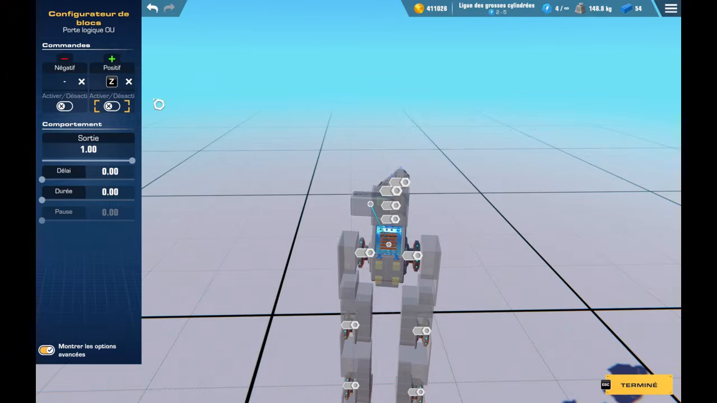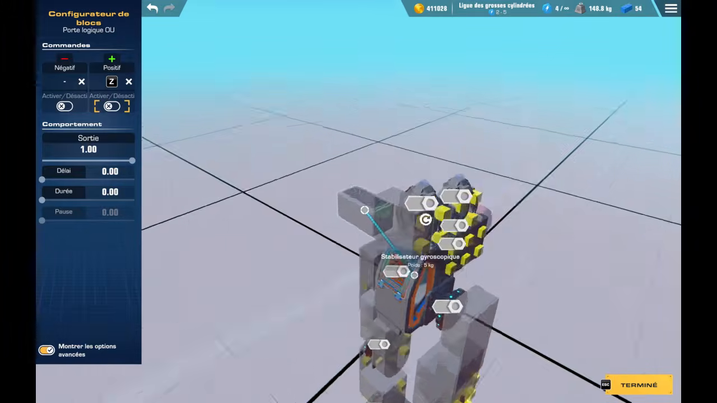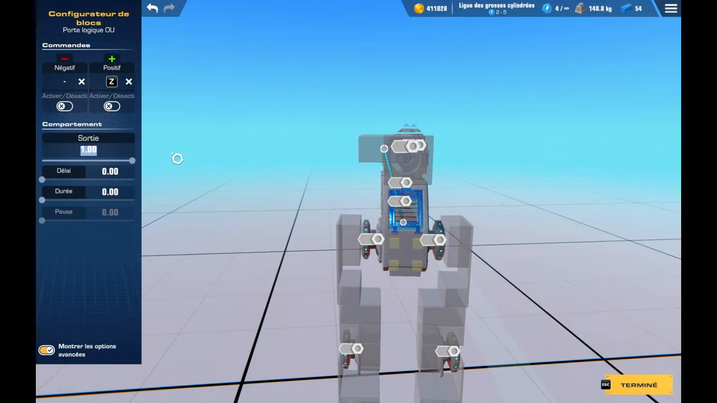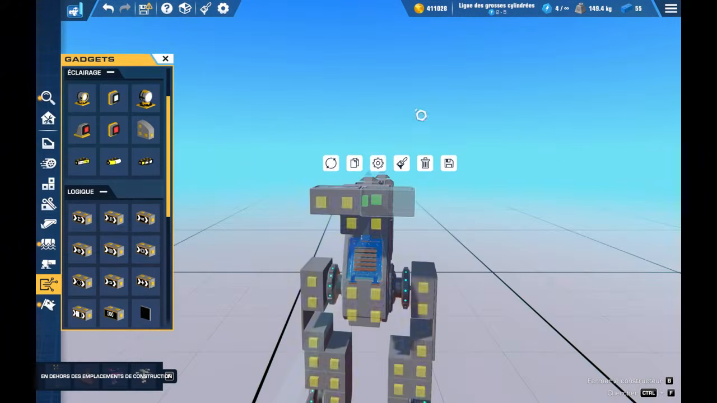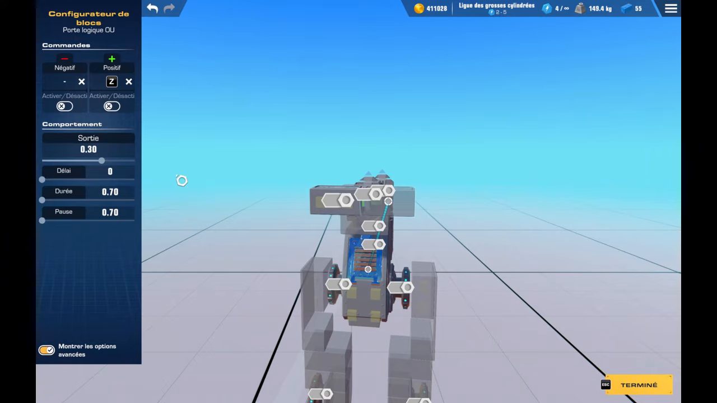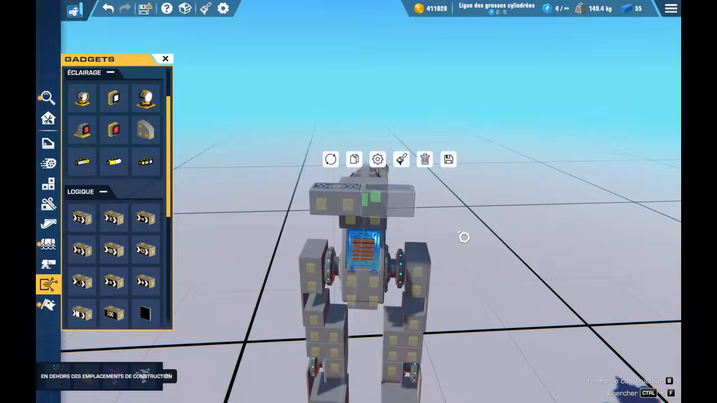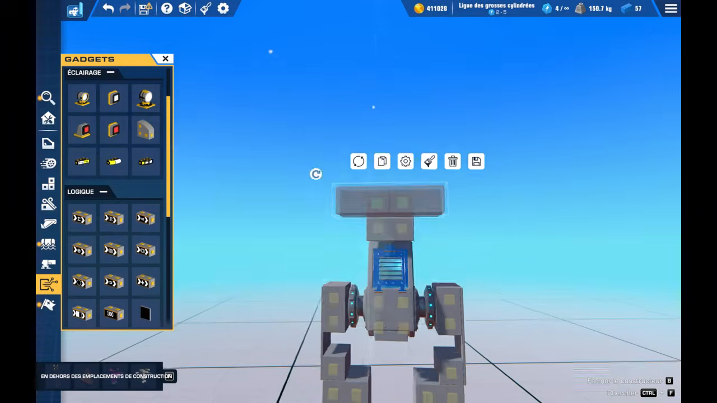So W, it's Z for me, but W for you, obviously. I'm not gonna put too much, like 0.3, we don't care. Some random value, I like to go with 0.7. So for everything. And the other one, no delay, so they alternate. Duplicate all of this